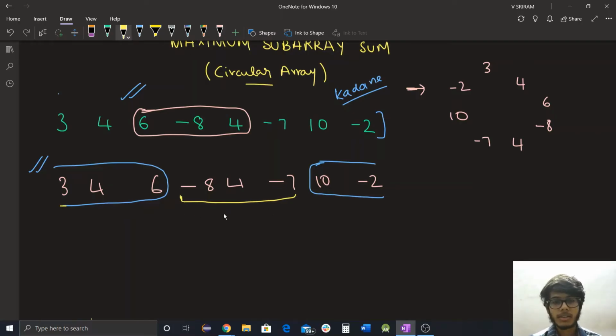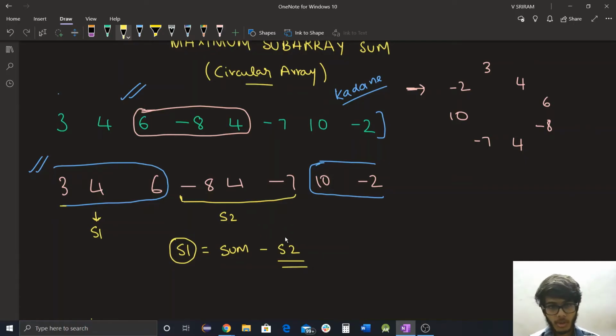Now let the sum of all these elements be S2 and the sum of those elements which we are concerned about be S1. Now S1 is nothing but the difference between the sum of all the elements in this array and S2. Now we need to maximize this S1, so technically we need to minimize this S2.